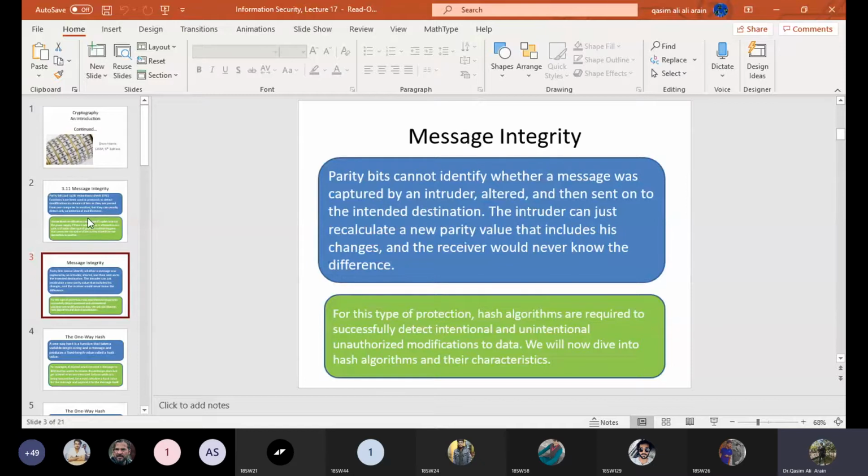For this type of production, hash algorithms are required to successfully detect intentional and unintentional unauthorized modification of true data. We will now dive into the hash algorithms and their characteristics. Now see,